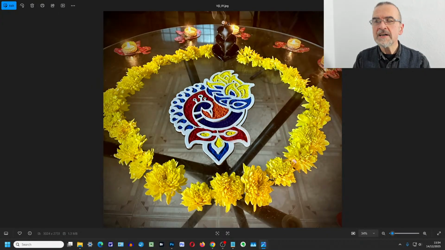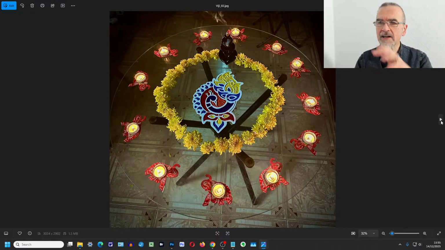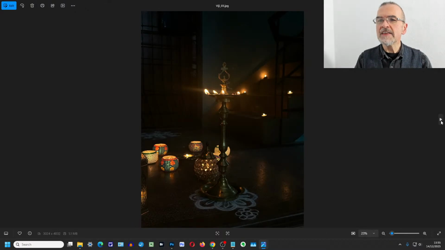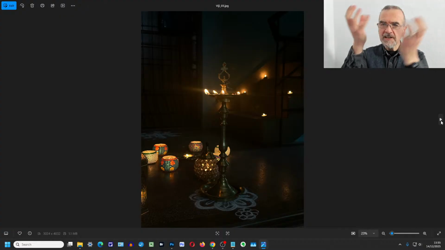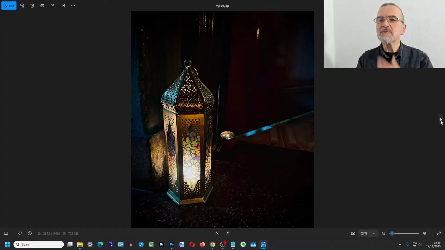Viji was taking a few photos at home, and no, not that one, that one. She sent me a handful of photos with a couple of different questions. So this is one of the displays she's done on the table. Then we've got a slightly different angle on the same thing. Then she's got this one where we've got the candle, the little oil lights on the wonderful brassing and the different bits kicking about. And then we've got this Moroccan lamp as well.